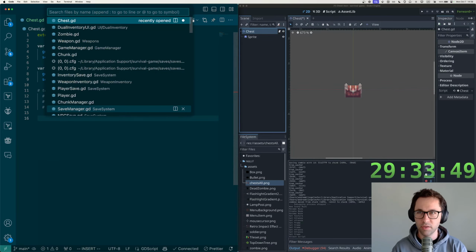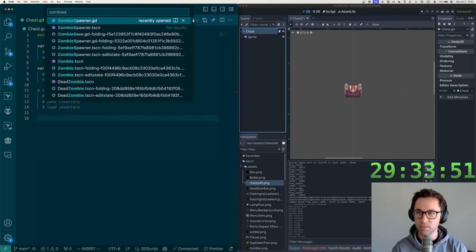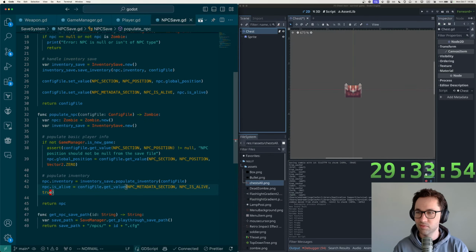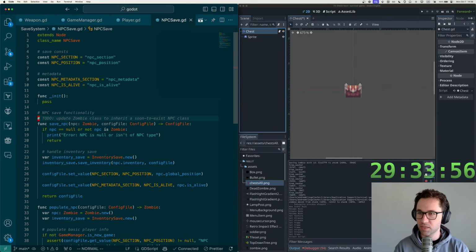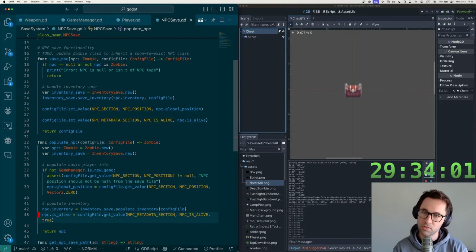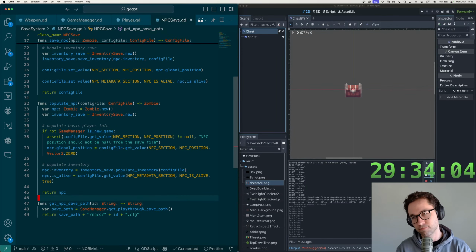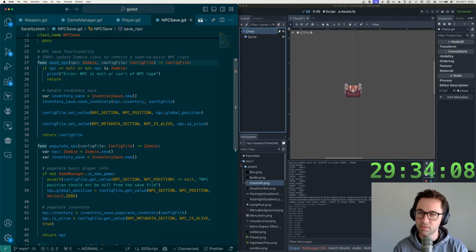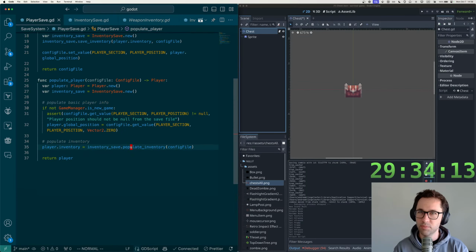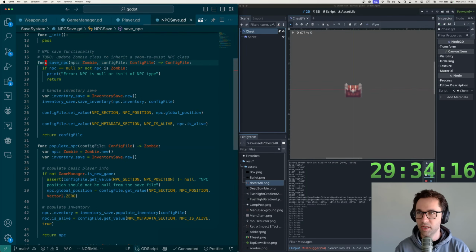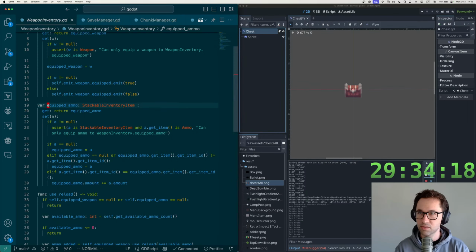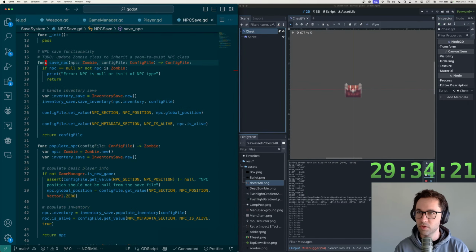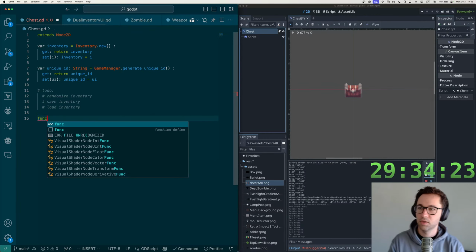This is going to be almost exactly the same as zombies NPC save here, where we're basically doing this for kind of inanimate objects, but really it doesn't need to be generic right now because we don't have more things to do this with. So let's add